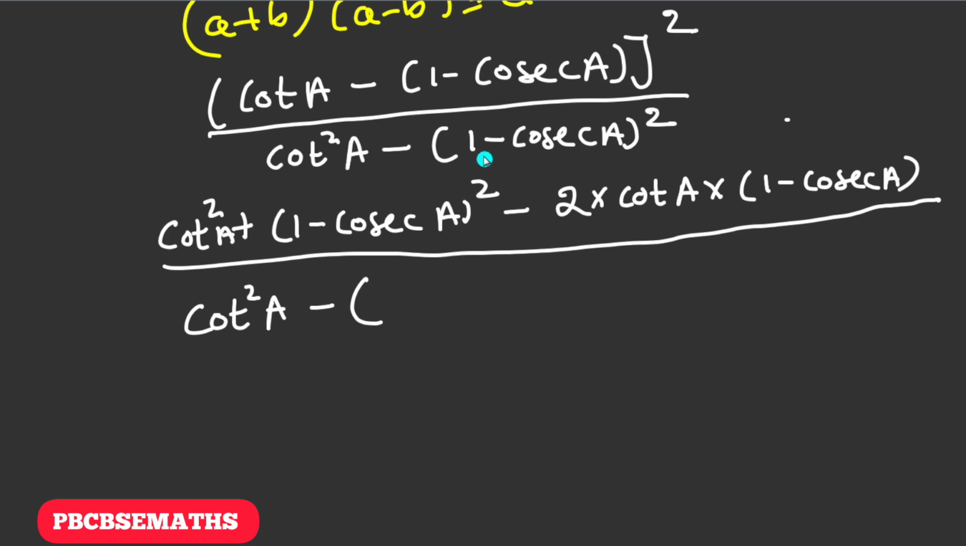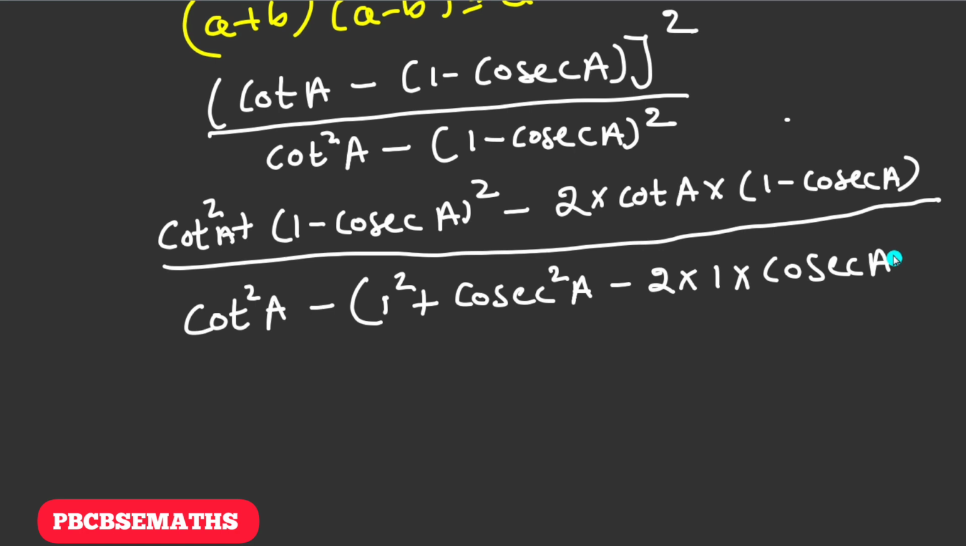Again, it is in the form of (a minus b) whole square. Expanding this, we can write it as 1 square plus cosec square a minus 2 into 1 into cosec a. Further, let's expand this numerator part also, which gives us,